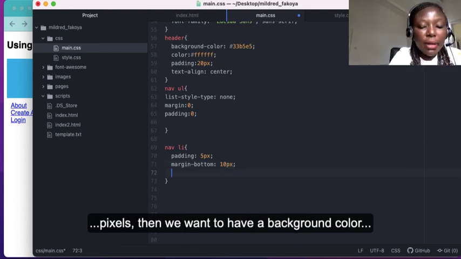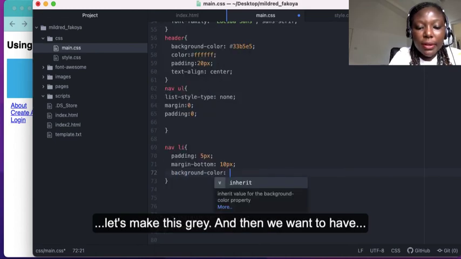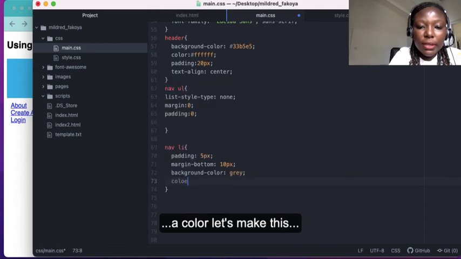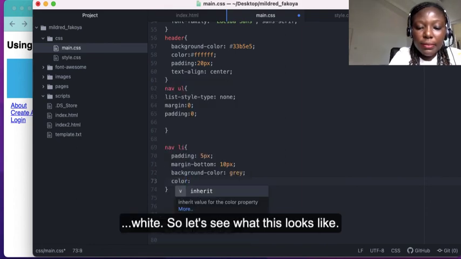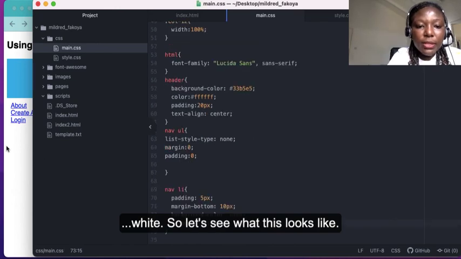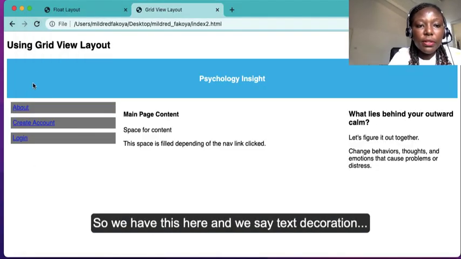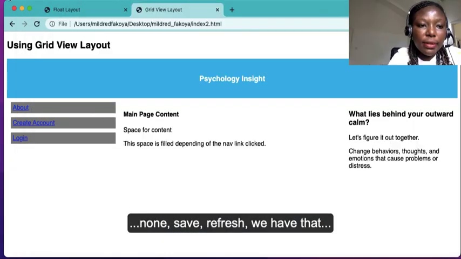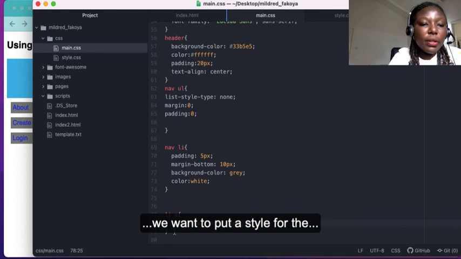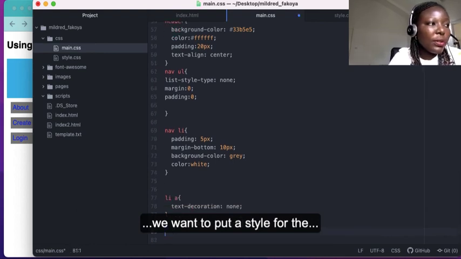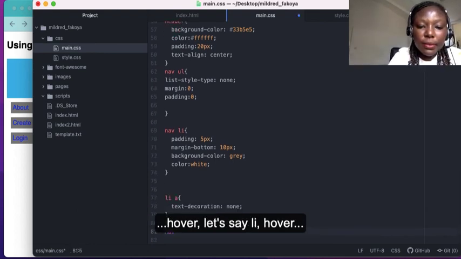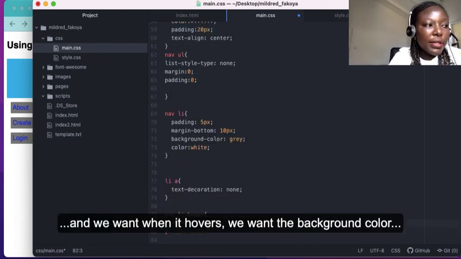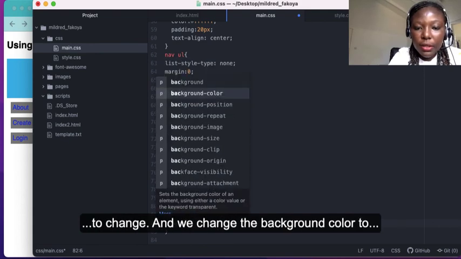Then we want to have a background color. Let's make this gray. And then we want to have a color. Let's make this white. So let's see what this looks like. So we have this here, and we'll say text decoration none. Save, refresh. We have that. We want to put a style for the hover. Let's say li hover, and we want, when it hovers, we want the background color to change,